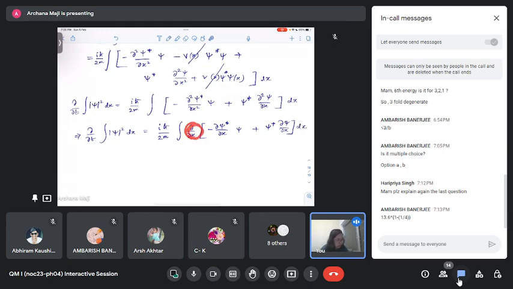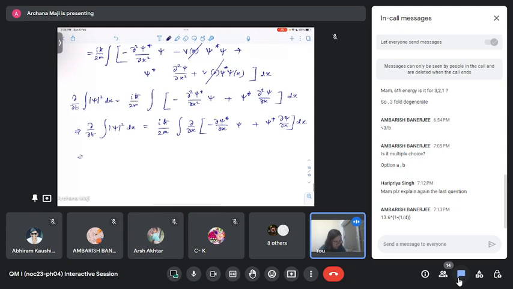So when you act with this derivative on these two terms, there will be a term like del psi star del x del psi del x from both these terms, and they get cancelled out, and you will be again left with this. So you can write it this way, and so this would imply,